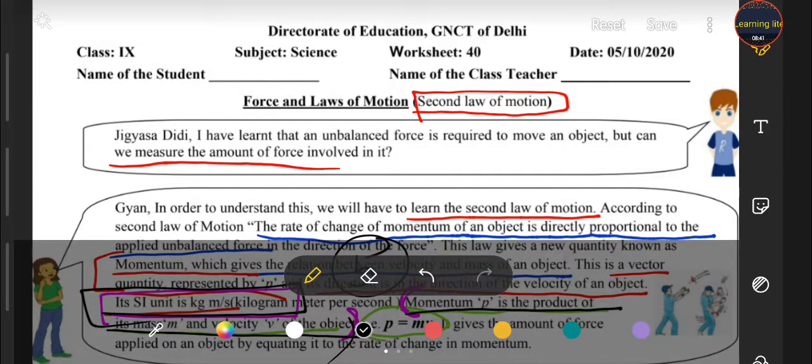Student, if you like this worksheet, then share it among your friend circle and complete it in your notebook, and also relate the second law of motion with your daily life to understand it easily, because practical knowledge is much better than bookish language, student. If you learn this worksheet, the second law of motion, and relate all these examples with your daily life, I think this is the very easiest way of learning anything.